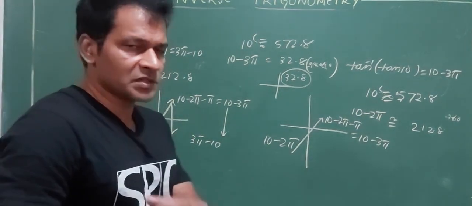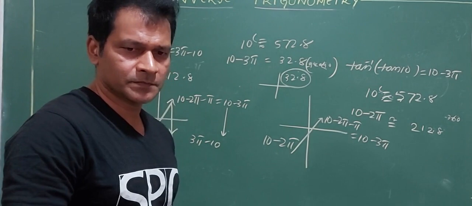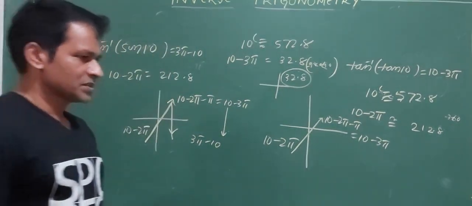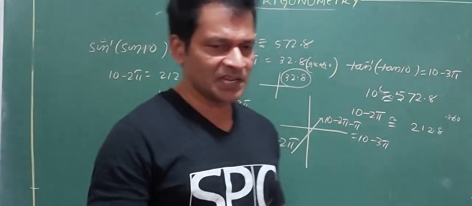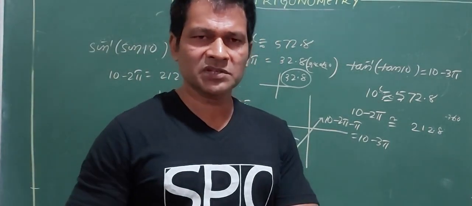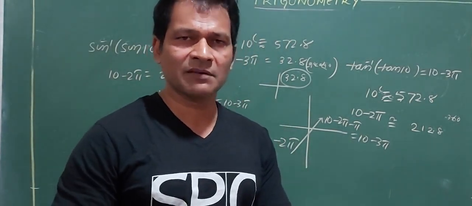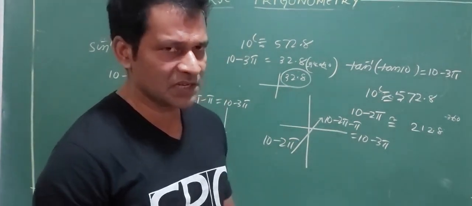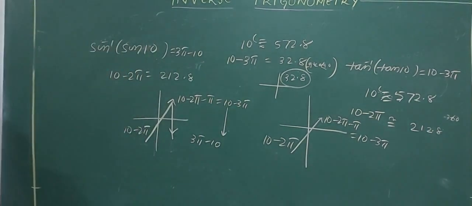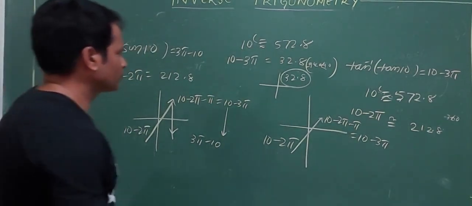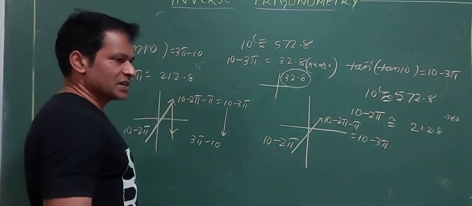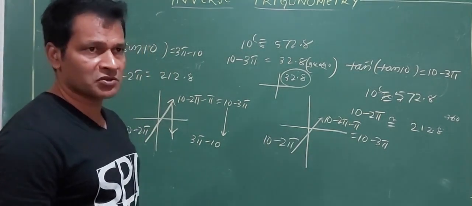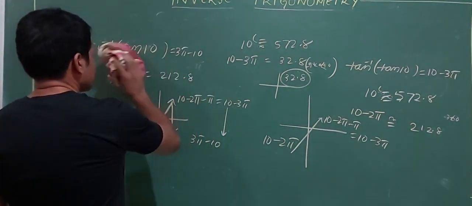If you don't know the graph also you can do it. Generally in the books you will find the graphs, and according to the graph they will tell you. Suppose a student doesn't remember the graph or doesn't understand the graph, then there should be some basic methods for you. I am coming back to the graph also, that I will tell you. Go through the books of R.D. Sharma, they refer to the graph and so on. But how will a child understand if he doesn't know about the graph? Next question now.